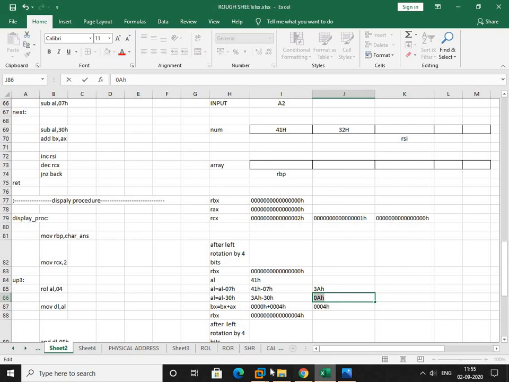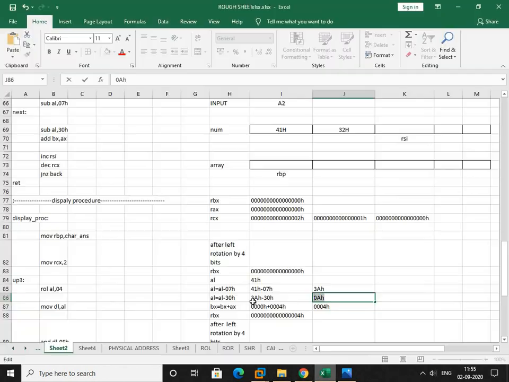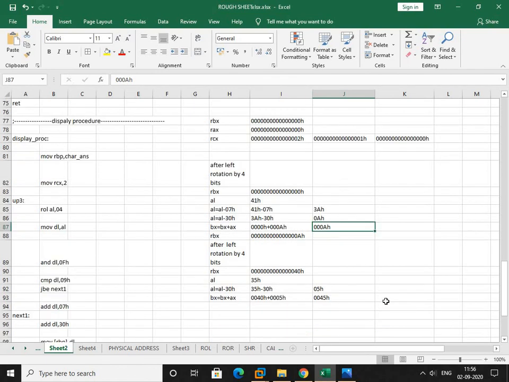Now after that we have the instruction add BX comma AX. So here capital A will be there, and in BX I got 000 capital A. Now the content of RBX has become capital A. RCX has become 1 here, it is not equal to 0.